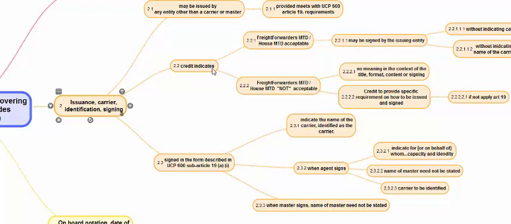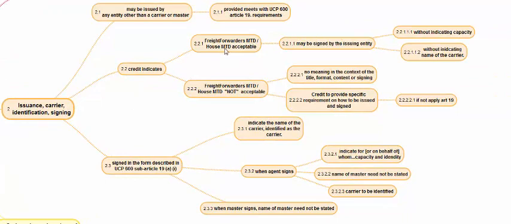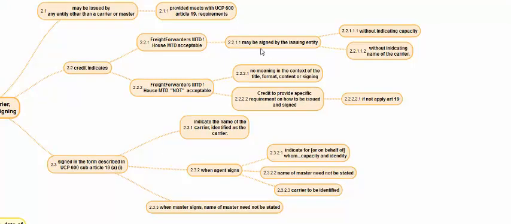If the credit indicates freight forwarders or multimodal transport document acceptable, or house multimodal transport document acceptable, then it may be signed by the issuing authority, whoever is issuing, that is the freight forwarder or the multimodal transport operator, and they need not indicate their capacity and they need not indicate the name of the carrier.